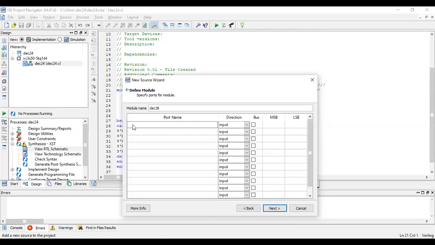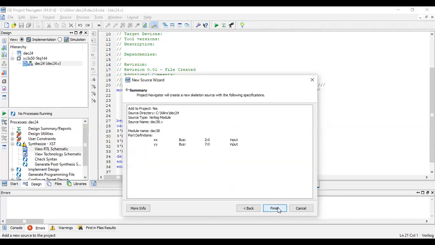So first we'll write a 3:8 decoder. How many inputs do I have in the 3:8 decoder? I have 3 inputs, say A, B and C. Let me take it as X only since we are following X. Input is a bus 2 down to 0, and let me take the output as Y. For differentiating, I'll take the input as XX and the output as YY, because Y of 1 also we'll be getting. And this bus width is 7 down to 0.